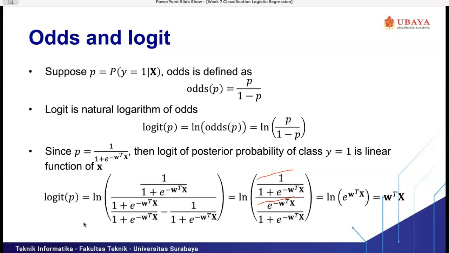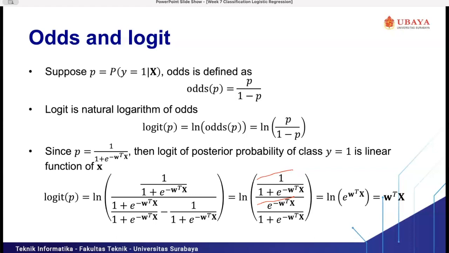As you can see here, logit P will be a natural logarithm, and we replace all of the P variables with the sigmoid function. This is the formula after replacing P with 1 divided by 1 plus e to the power of minus W transpose X. And we can simplify, and it will be the natural logarithm of e to the power of W transpose X. The natural logarithm is the logarithm with e as the base.